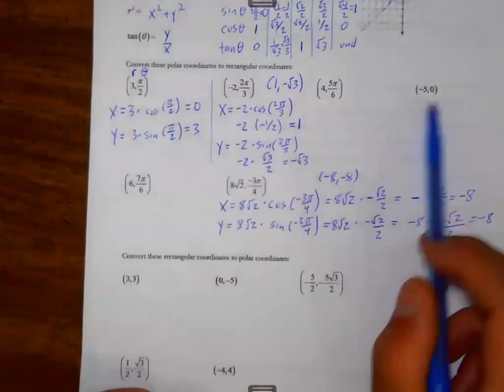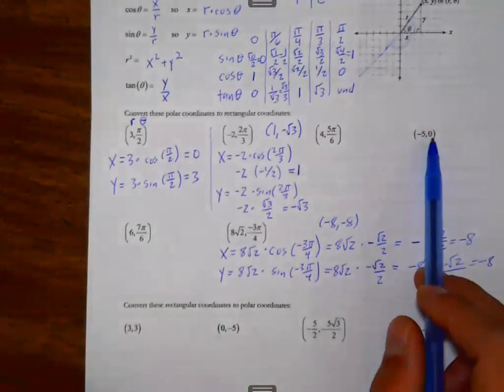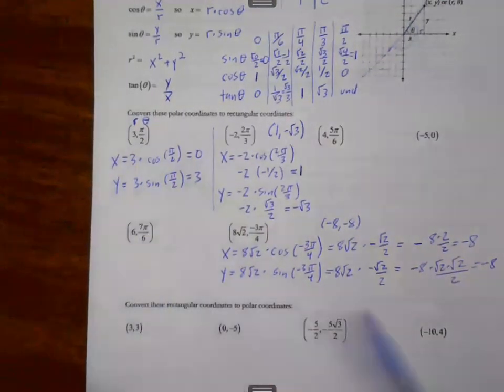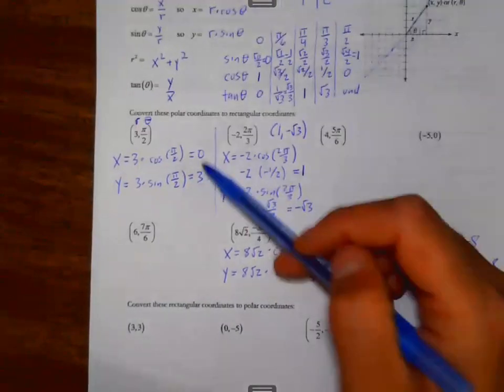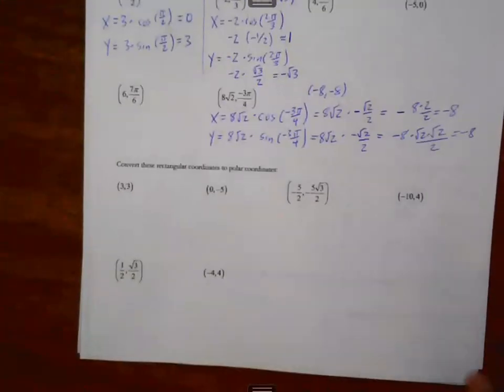And if it's something that's coterminal with an axis, like 0 degrees or pi over 2 or pi or 3 pi over 2, then one of the coordinates is going to be 0 because it falls on an axis. All right, so those are things you can think about. And then last thing, converting